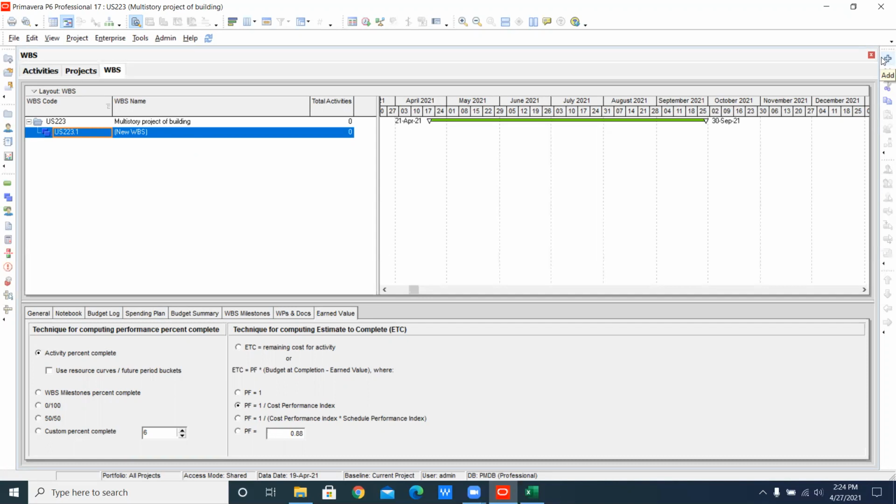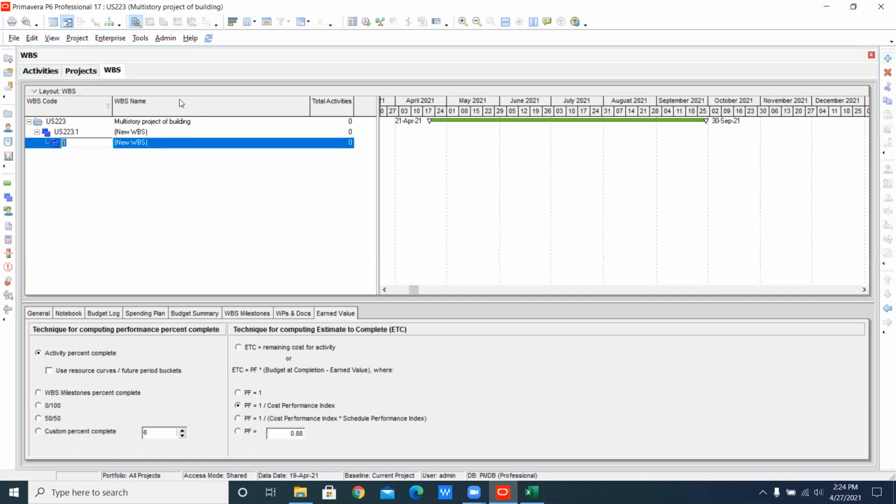Now if I go down here, you will see this line. Let me give the name here, substructure. Now you will see that this line comes under that line. It means that if this is substructure, then your other WBS will be a subcomponent of this structure.